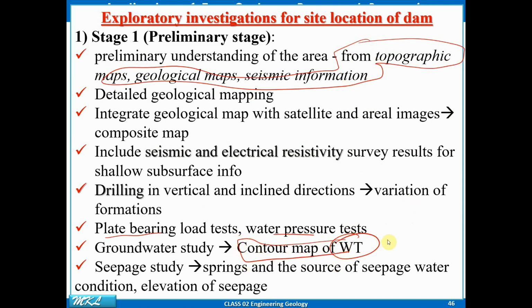If it's not available, then you have to do some hydrogeological survey or some geophysical survey, or maybe you may use GPR to map the water table. So you'll have a contouring: in this area it is at 10 meters depth, in this area suppose 50 meters depth, in this area suppose 100 meters depth. Okay, so by doing the contouring of the water table, because the water table is an important factor in any civil